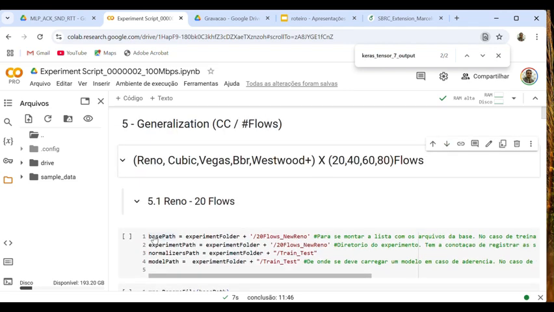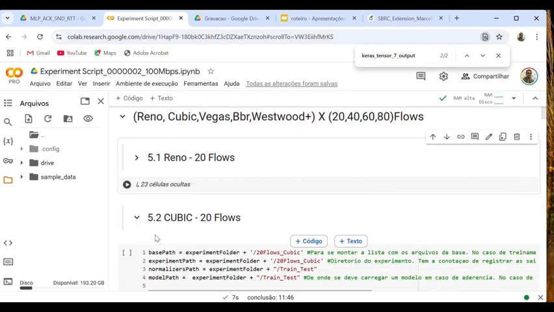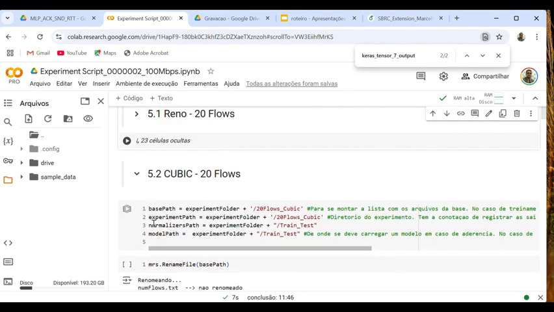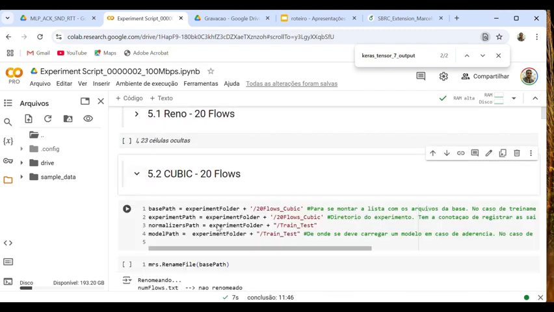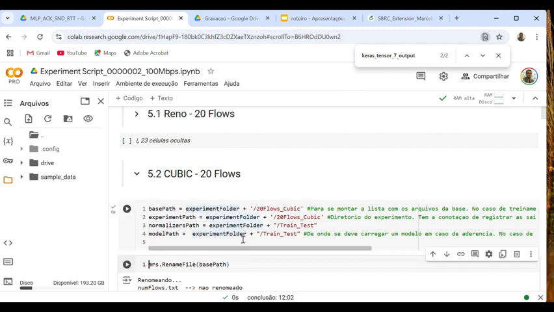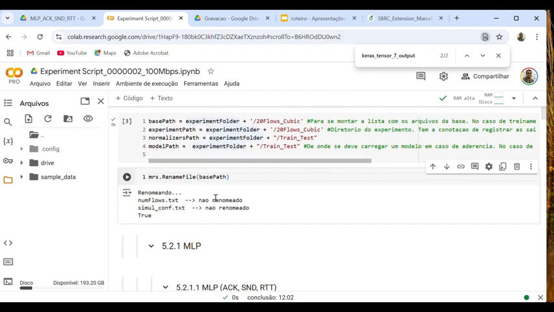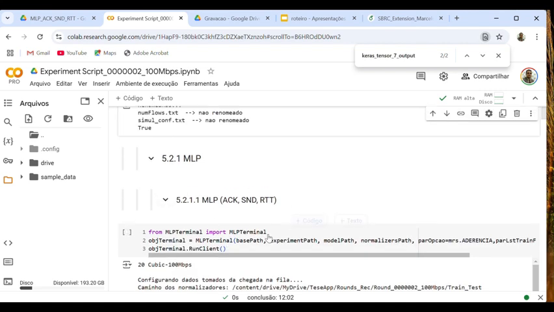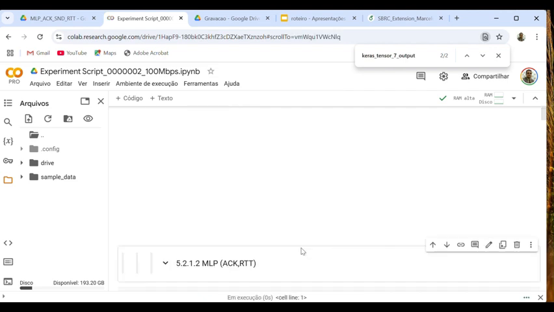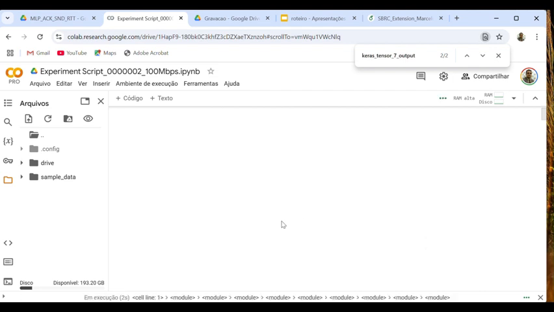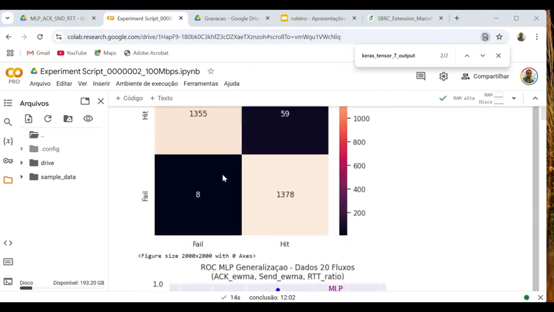We can do that, for instance, for cubic flows. So here we have cubic flows. We have already renamed the files. Let's go to the MLP with AC, SAND, and RTT. Let's execute again the generalization test for this scenario. Okay, so here we have the